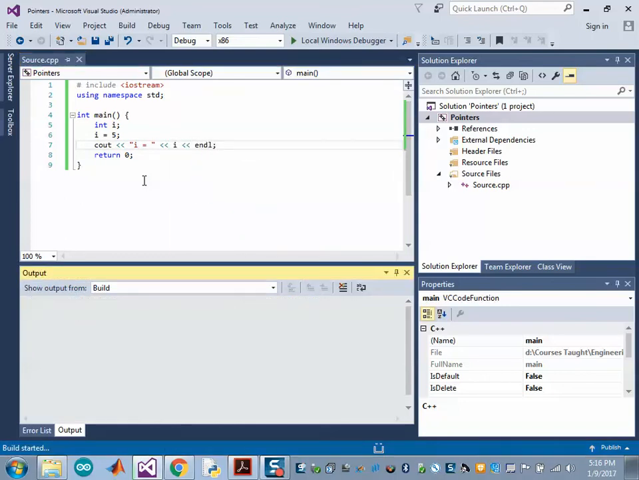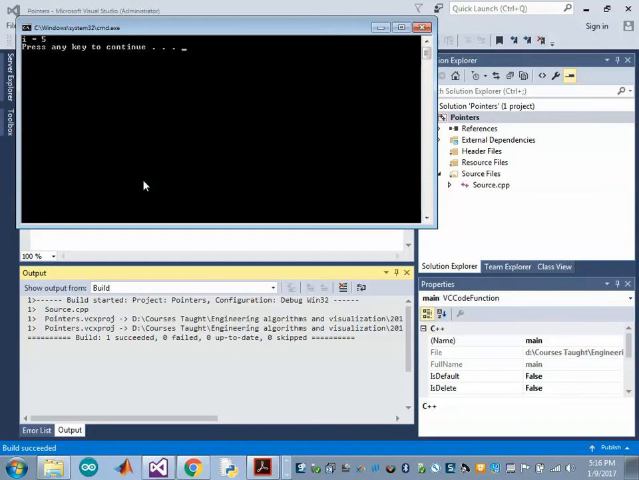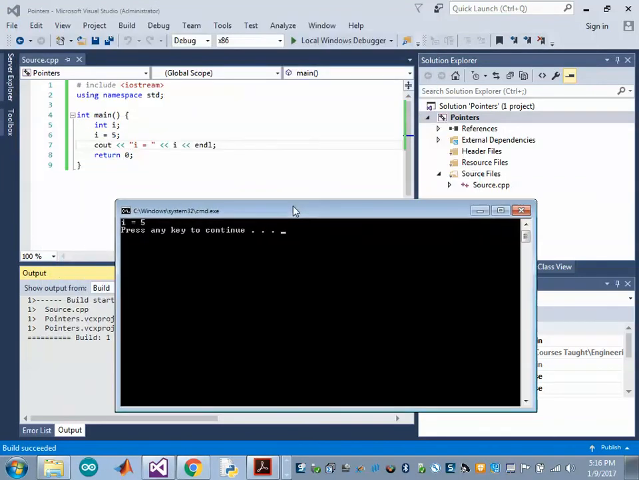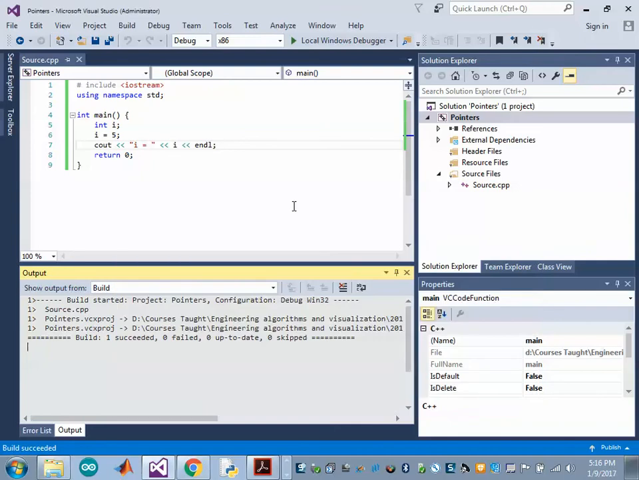Nice, good old simple program. Control F5. Boom. I is equal to 5. No big deal. We created this integer. Really simple. Okay? Now, when you create that integer,